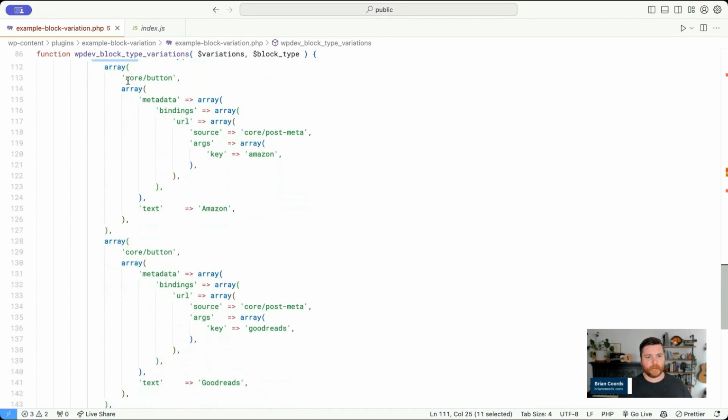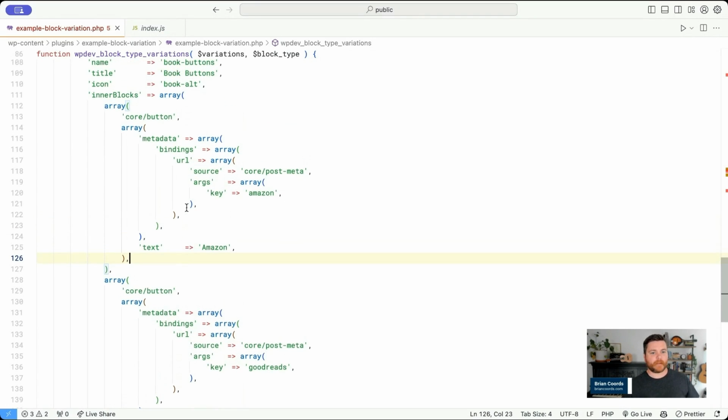And you'll notice we have 2 inner blocks. They're both a core/button inner block. And with those, I can pass an array of the attributes that I want to set. I could do attributes on the parent block, but this is a block variation of inner blocks. It's a more complicated example, which is why I wanted to show it. And you might be thinking, why don't I just make a variation of a single button block? You can do that, but you can't add a single button block from the WordPress